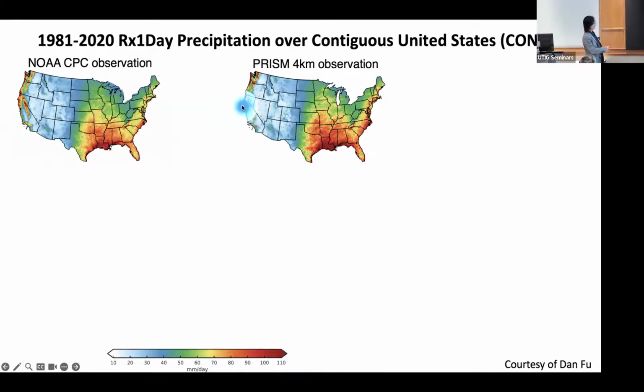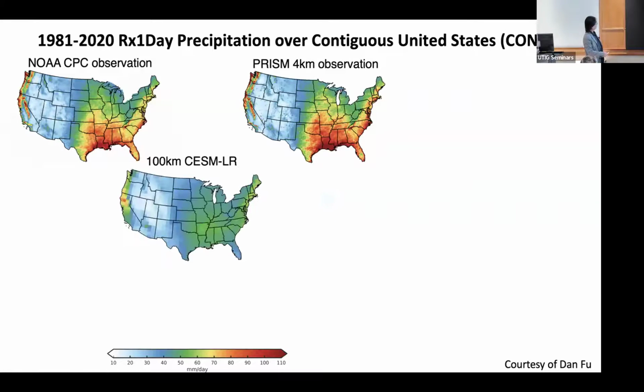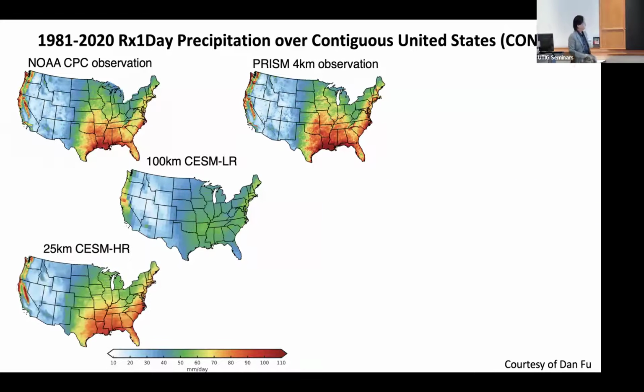Some of the features are topographically or land elevation locked, along the Rockies, along the west coast of the US, right? And interestingly, the southeast US turned out to be a region where you see very large extreme precipitation. And this is the low resolution model simulation. Not very much, right? Muted structure. And this is the high resolution model simulation.